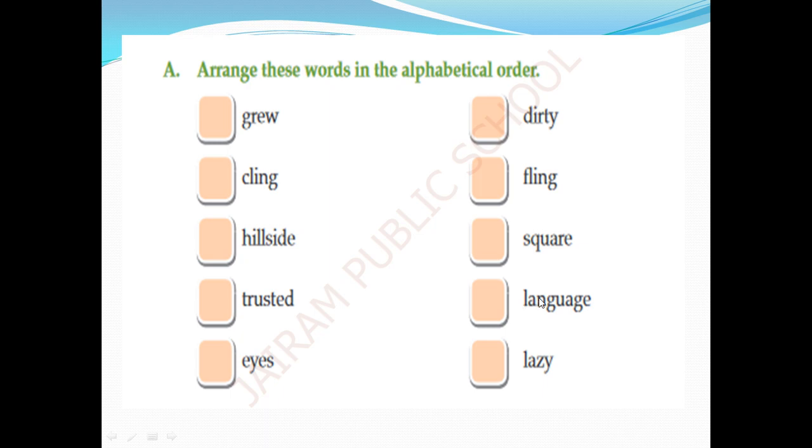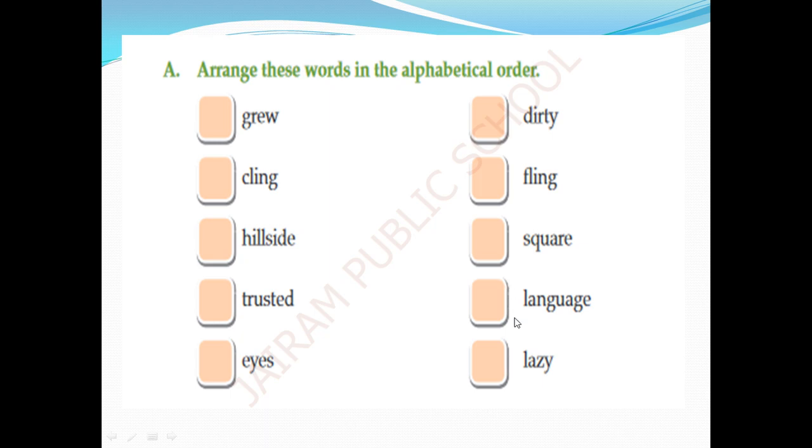There you have to look at the second place of both the words. Both the words' second place is also the same. Then you go for the third place. Here the third letters of the two words are different. In this case, according to the alphabetical order, you arrange them properly. So N or Z, which will come first? N. Z will be last. So here you prefer this word first. So language is in seventh place. There you write the number in the box beside the word language, and lazy is 8.